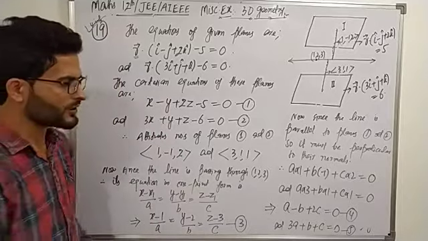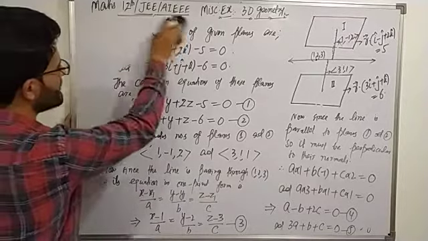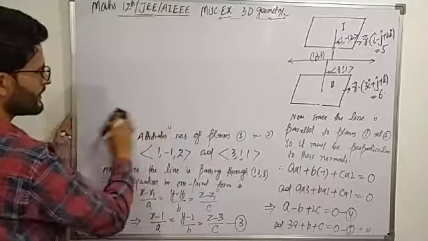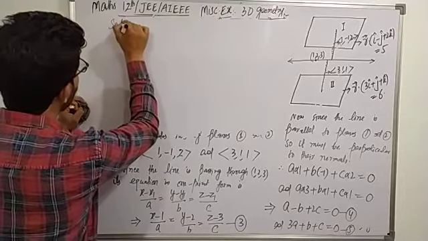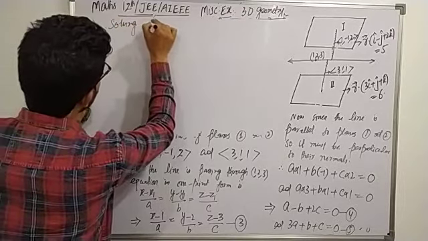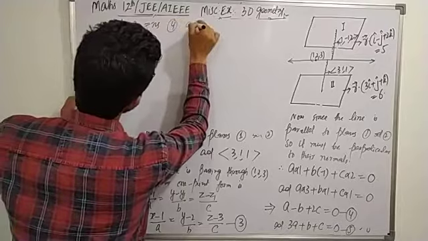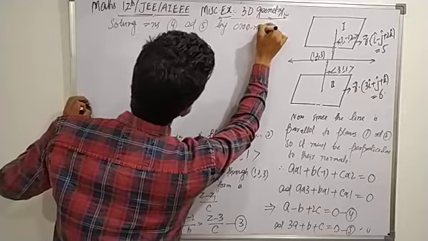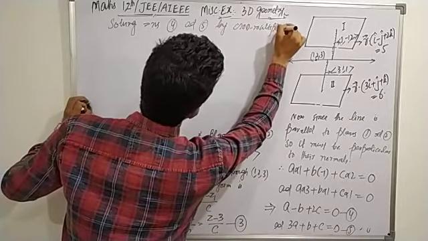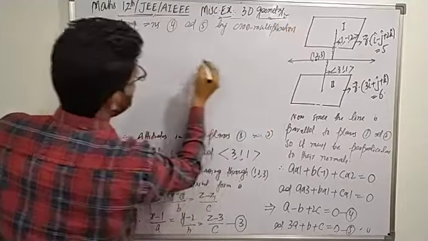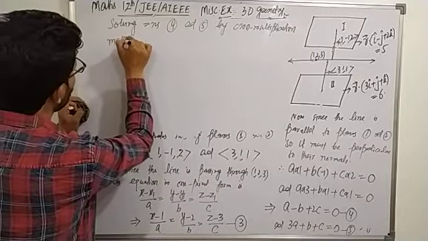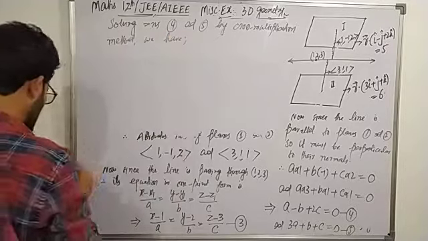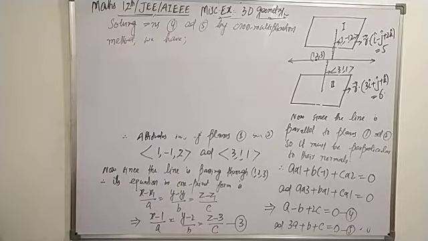Solving equations 4 and 5 by cross multiplication method, we have, solve these two equations, we get